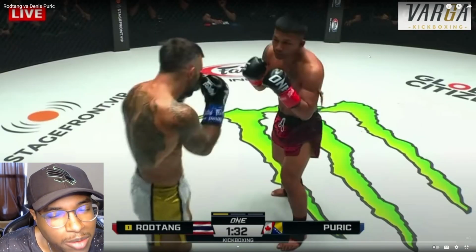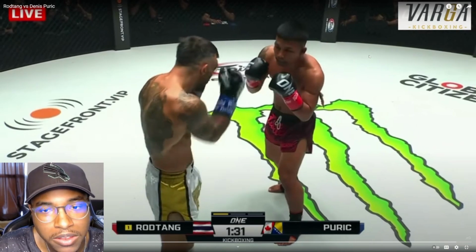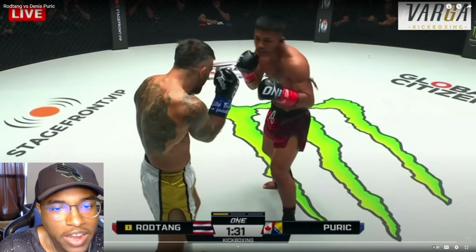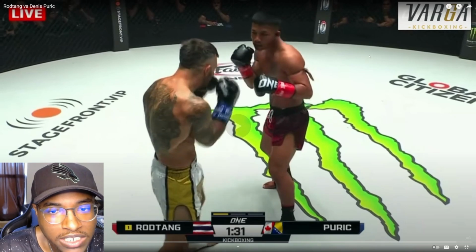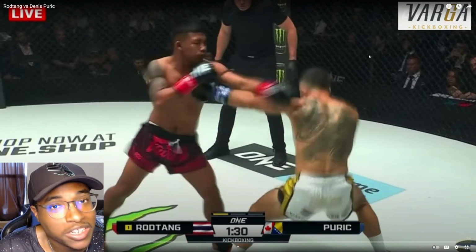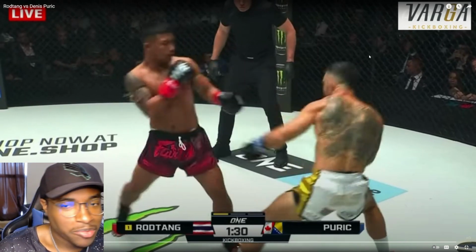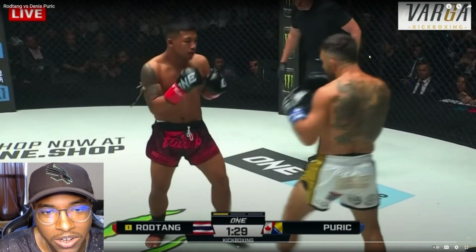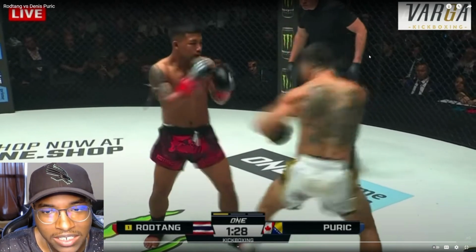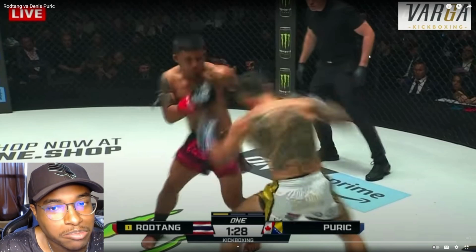Another reason this fight was so interesting is because you rarely see Rodtang get to be the sniper, the long range fighter on the outside, controlling the distance, using his footwork, being defensive, working behind a jab, a very solid jab. Rodtang's jab is actually great. And him getting his head off the center line, circling out, waiting for shots. Again, using that jab, and then that right hand from Dennis is monstrous, but